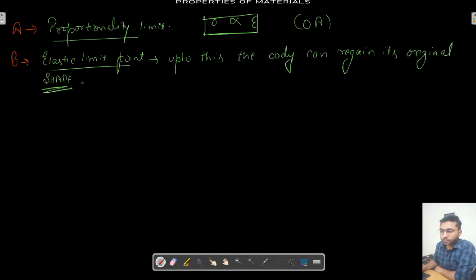Now, our next point of concern is point C, which is not very important from the engineering aspect, because this is a very transient phase that doesn't last for very long. It occurs for a few seconds, for a microsecond we can say. This is known as the upper yield point, which can be defined as the point where the yielding begins.